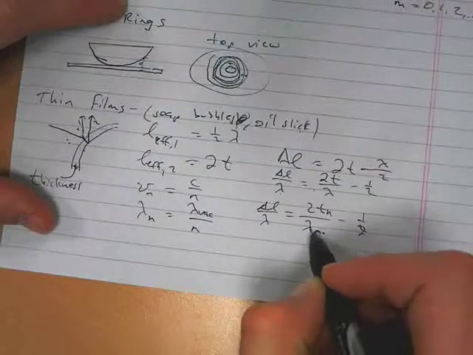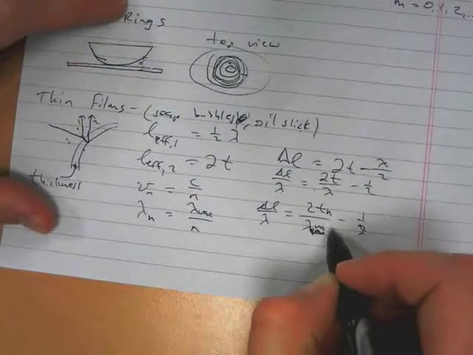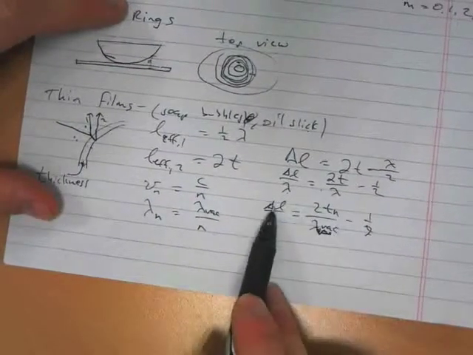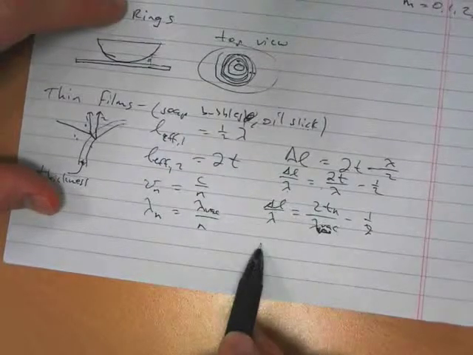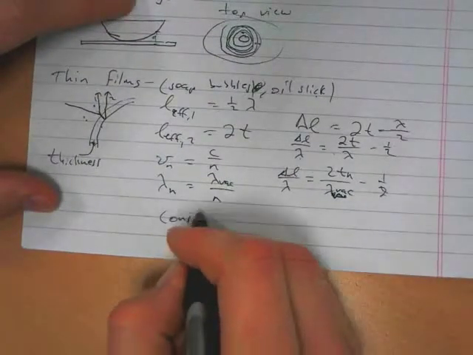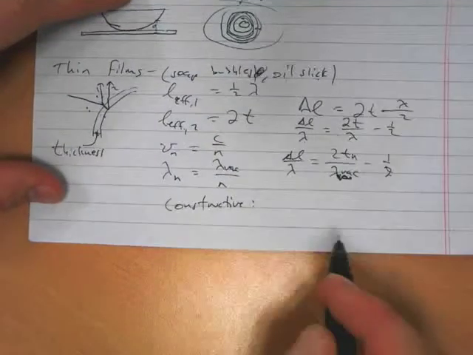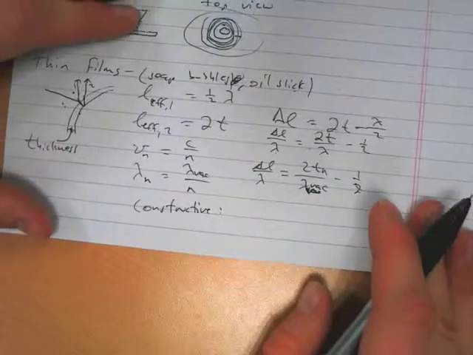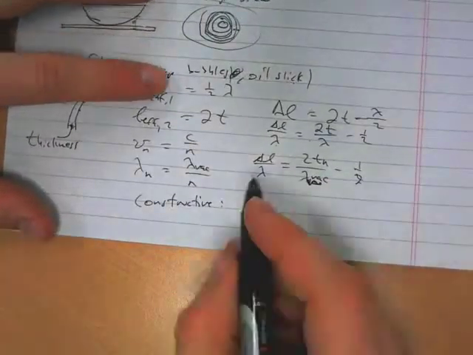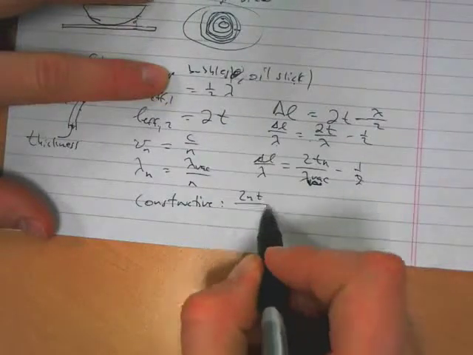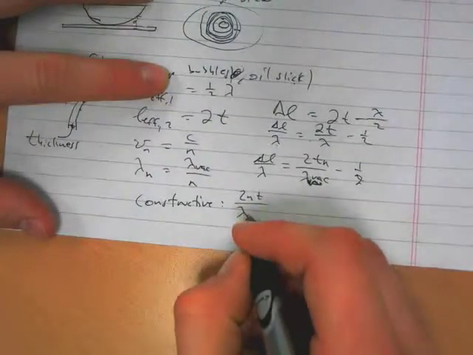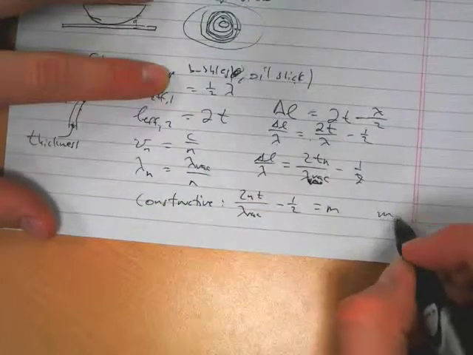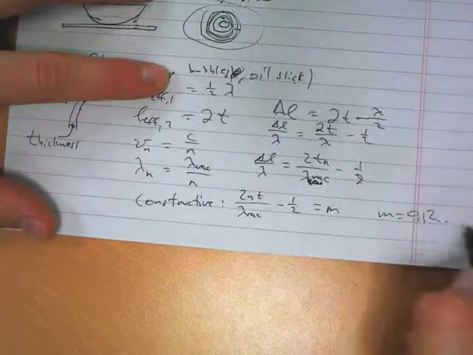And so then, since this is delta L over wavelength, we have constructive interference occurring when this path length difference is equal to 0, 1, 2, 3 wavelengths. So constructive occurs where 2nt over the vacuum wavelength minus 1/2 is equal to m, where m equals 0, 1, 2, etc. And we have destructive interference,